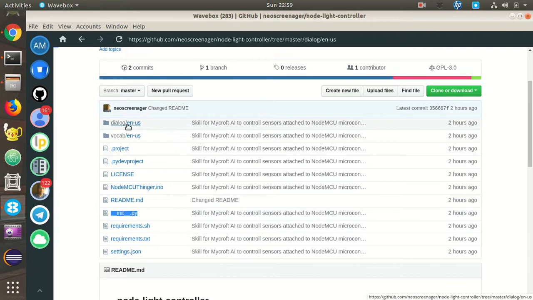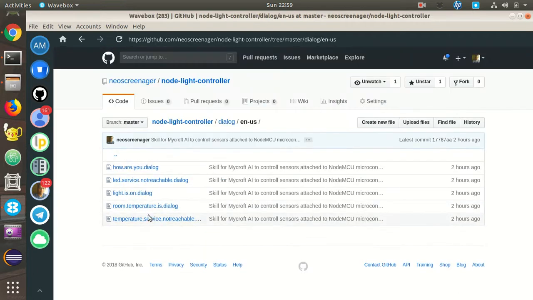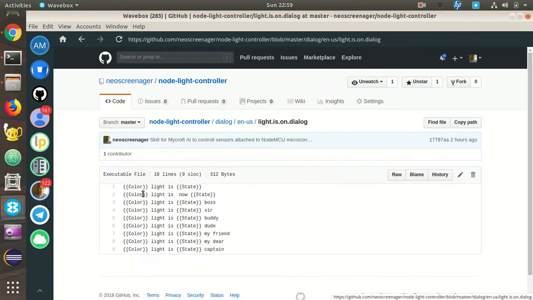And in the dialog, these dialog files are basically the words which we want Mycroft to speak. Like suppose the light is on, and after the light is on, we want Mycroft to give some response, the variable responses that you have seen in the demonstration videos. Those variable responses we can write here,